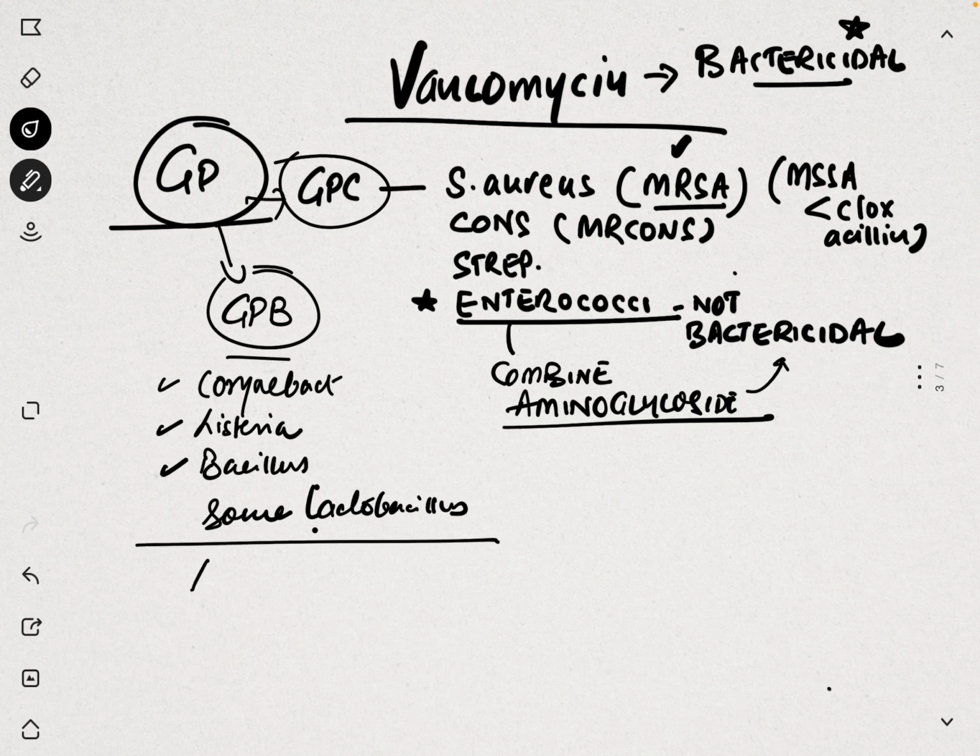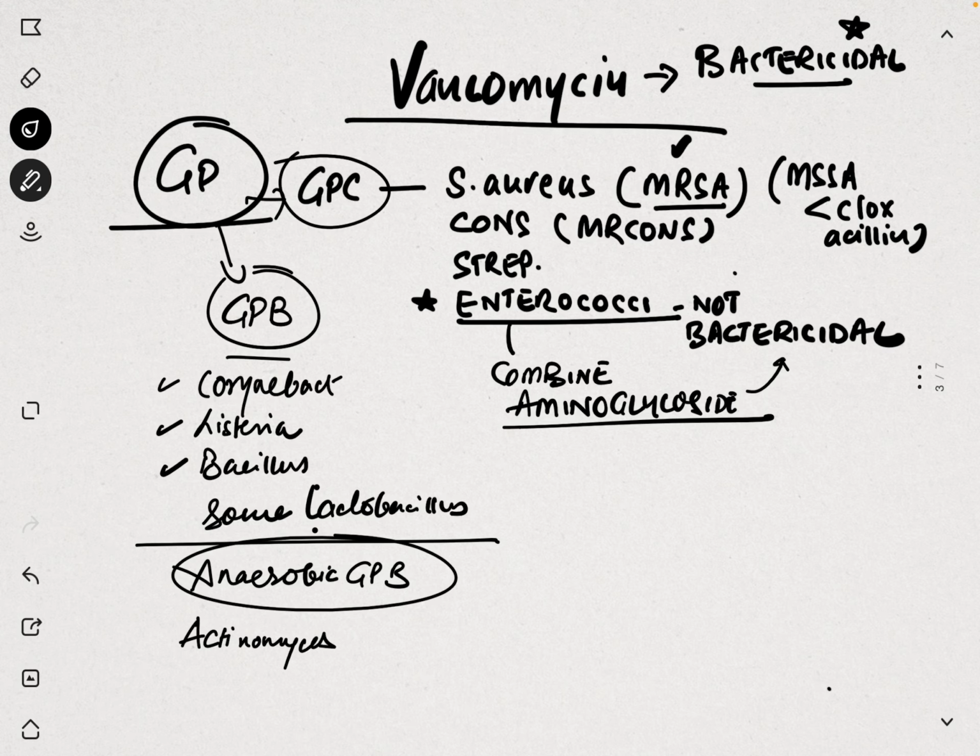Even anaerobic GPB are also inhibited. For example, Actinomyces, anaerobic cocci, Streptococcus, or Cutibacterium acnes, previously known as Propionibacterium acnes, all your Clostridium species,